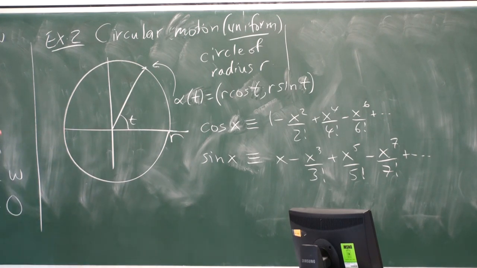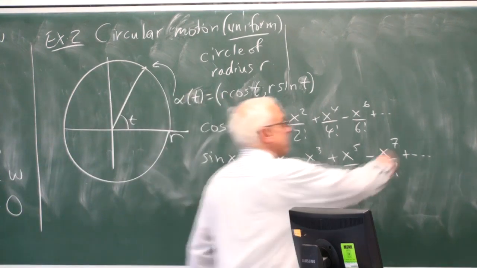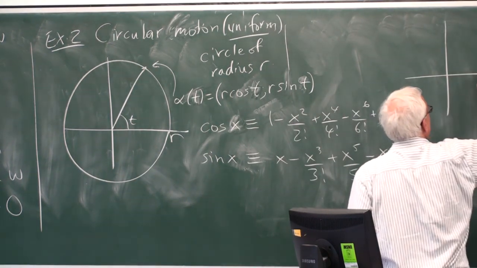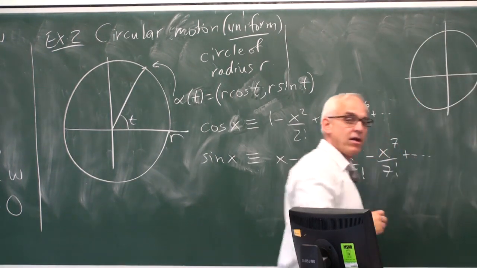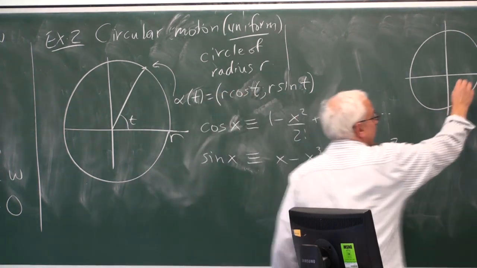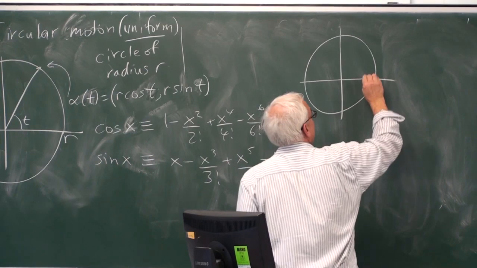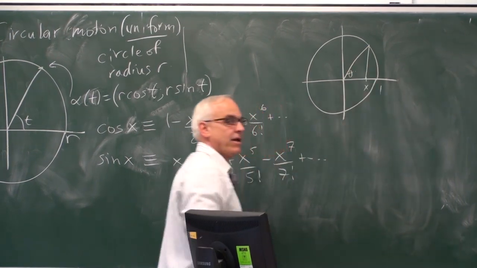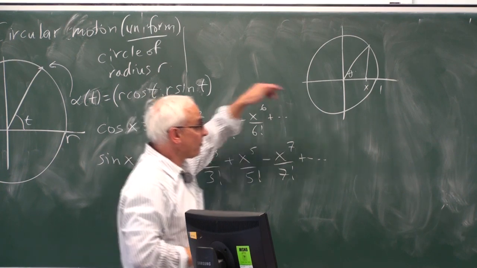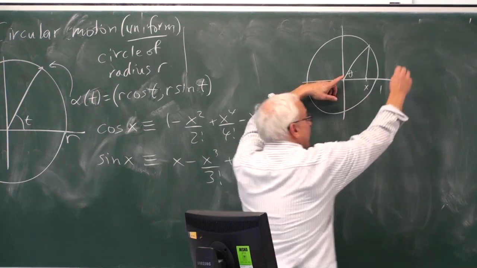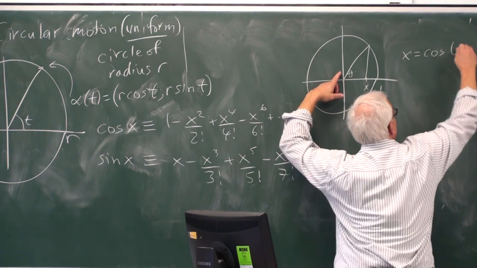One should perhaps remark that these formulas, which are the Taylor formulas for cosine and sine, were in essence known before Newton. Newton was the first European to have discovered them. But Newton's way of discovering them was actually roundabout. So just a small aside here. If you have a circle, let's say a unit circle, for simplicity, say you have x, and then you have some angle theta. Okay, so we all know for a radius 1 circle, the relationship between x and theta is that x equals cosine theta.